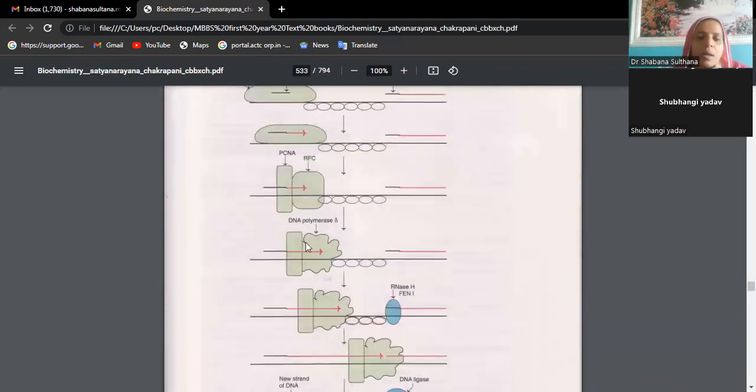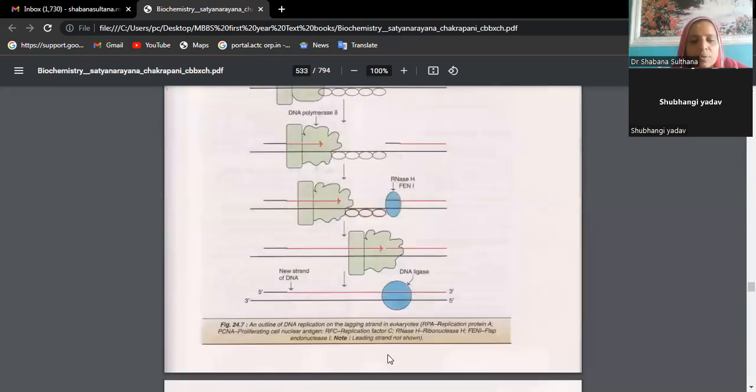Yes, ma'am. So see here, now the DNA polymerase delta also has come, and the replication factor C, they are moving faster and these proteins are being removed. Okay, only 3 proteins are left over, RNase, and now you see this flap endonuclease 1 also has come. Gradually, the RNA primers have moved from both directions, 3', 5' directions, and finally they are very close to coming together and getting glued, for which we require an enzyme, that is DNA ligase.